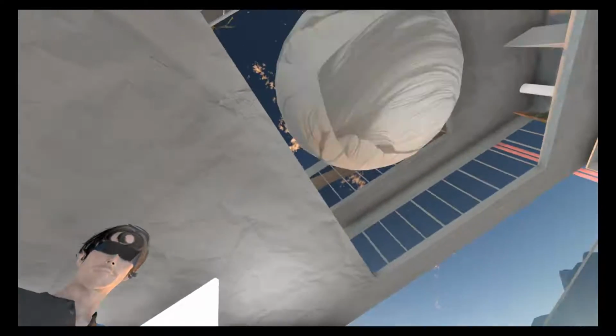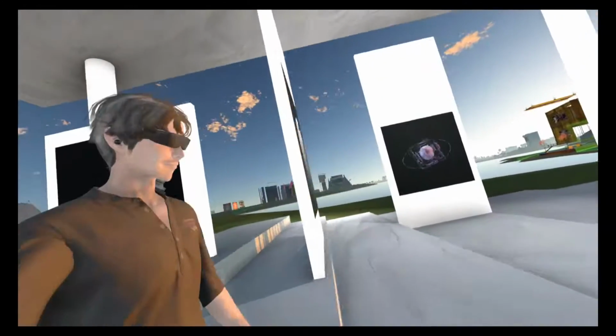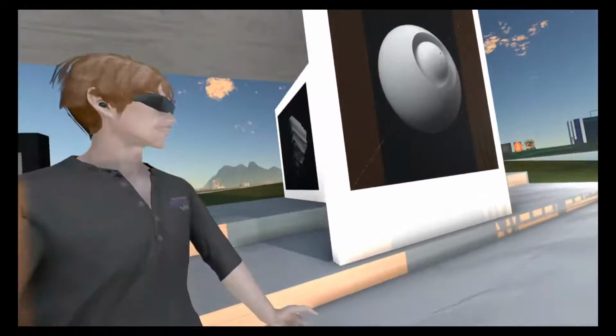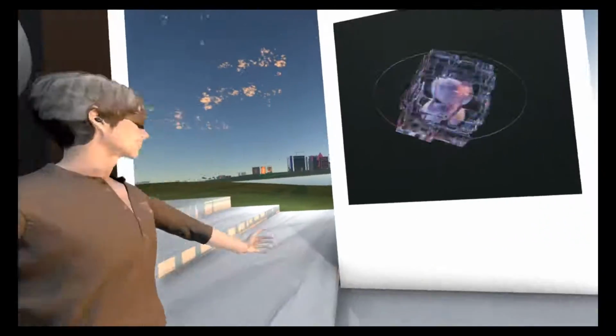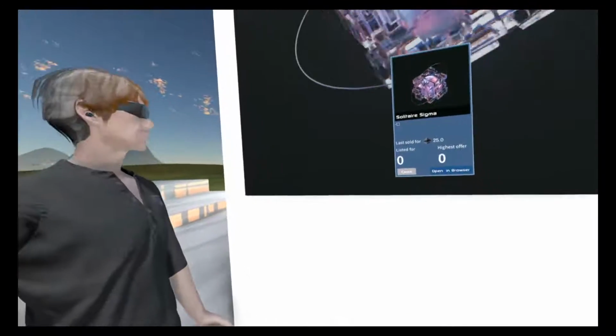Look at this here. This is crazy. Okay, we're coming closer to those art pieces. This is a really, really, really nice one. The light and the... I'm a big fan of that one. So let's open and see how it's called. It's Solitaire Sigma,